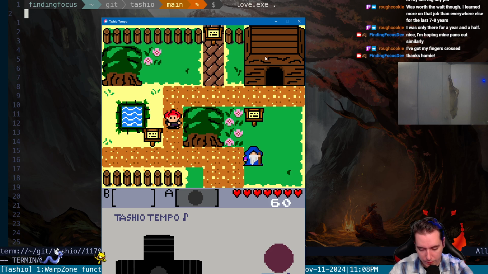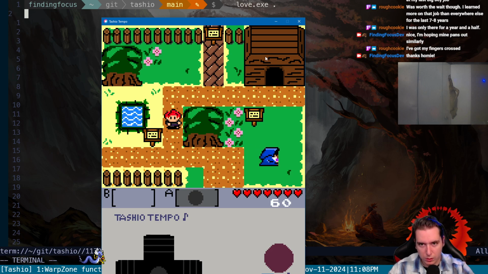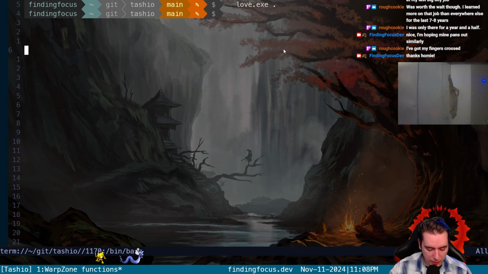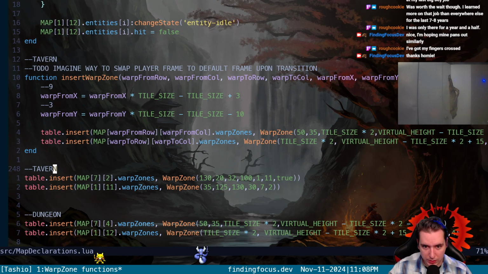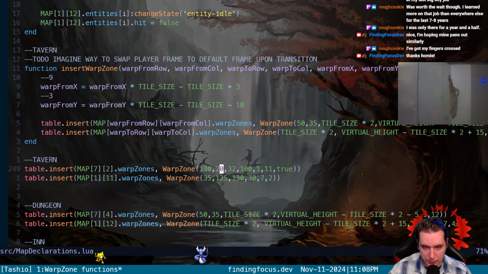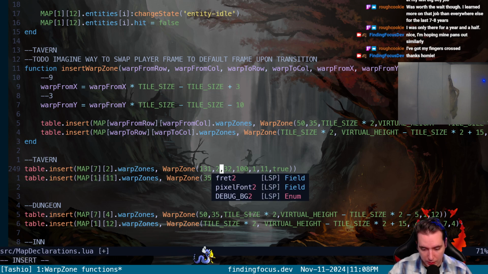Minus a 10 gets us to 22. So we are a little off, but I was literally guessing the X and Y for these things. So instead of 20, it's 22, and instead of 130, we came up with 131. Let's just see if those values still work as intended,